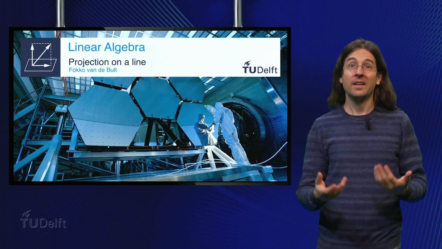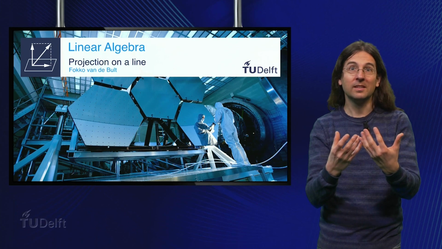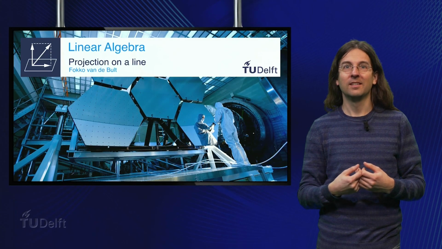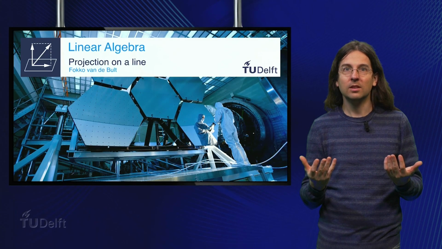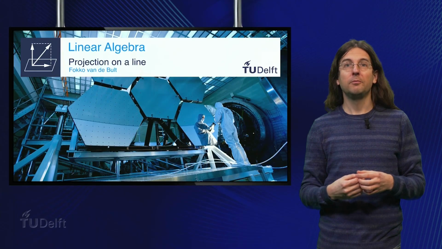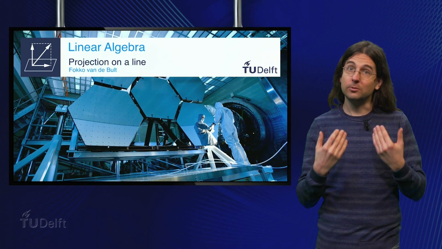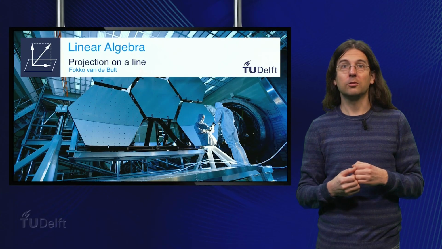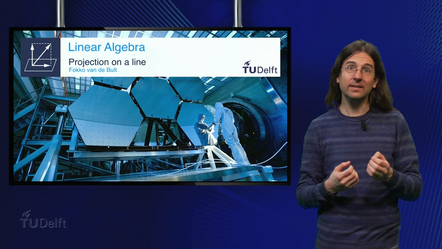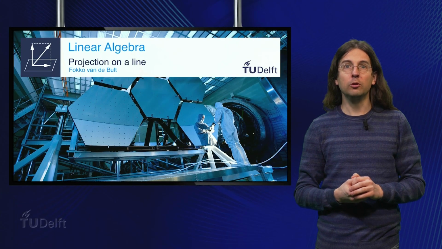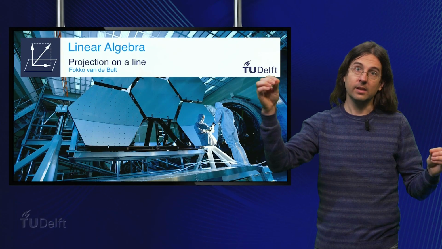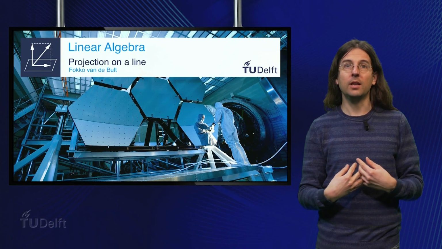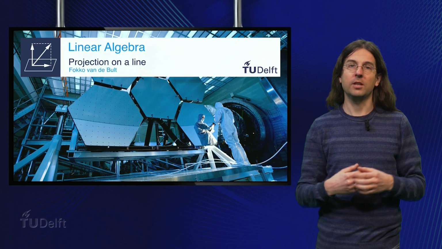Welcome. Here I am in this 3D world, and yet you see me on a 2D screen. How is that possible? To do this, we must project my image to 2 dimensions. In this video, we are not going to talk about projections on a plane yet, but start with orthogonal projections on a line. This is necessary to understand the more general formula for projections on higher dimensional surfaces.